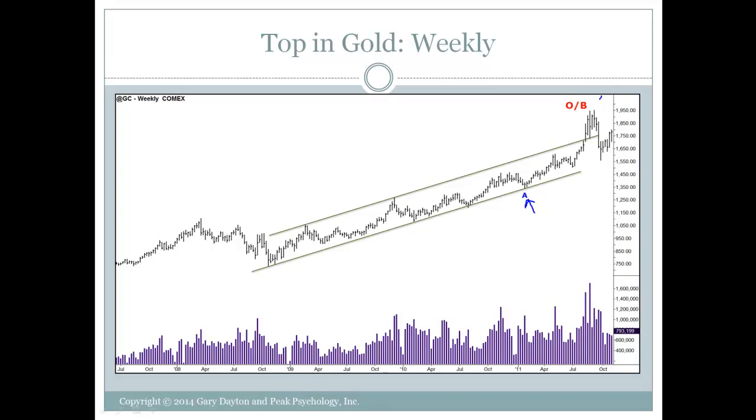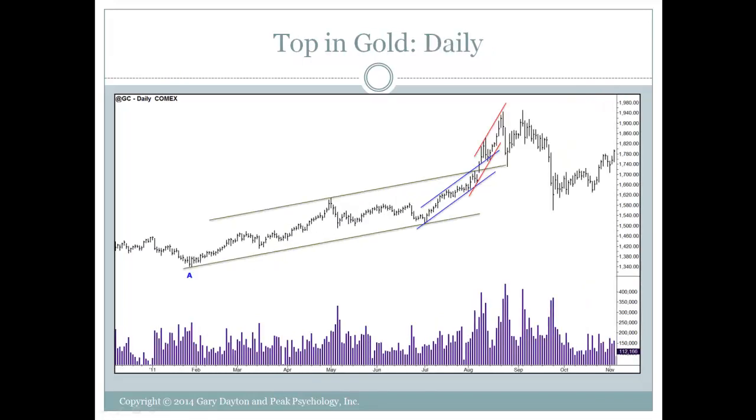And we're going to look at gold. Gold's a very good model for us. We're going to look at gold in some detail as we go through here. But you can see that here's A, that same point on the weekly chart. We're in that nice solid uptrend. Then it starts to accelerate and accelerate. Okay. Now notice here too,